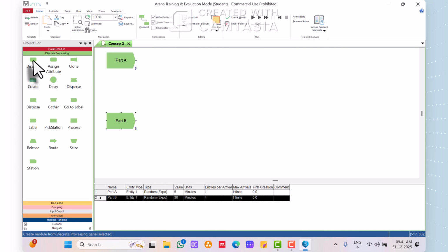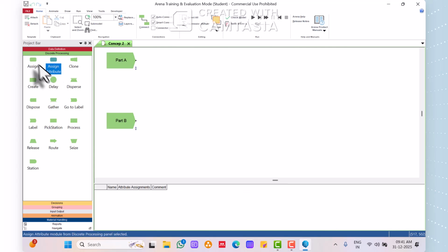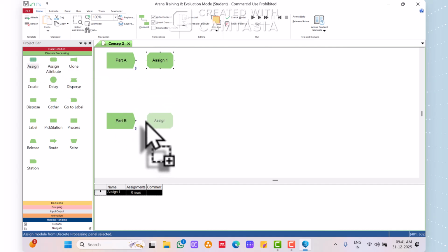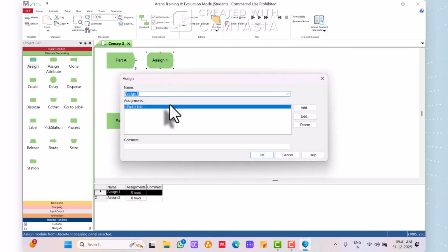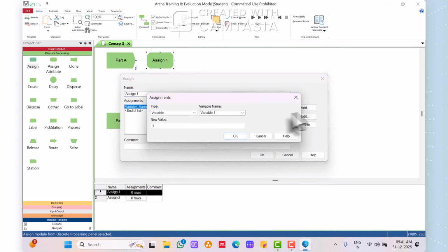Next, we have to choose the assign module, not the assign attribute module. Assign module. Okay. We place assign over here, and we place assign over here. We remove this. In assign one, we are going to click on add. Then first one is